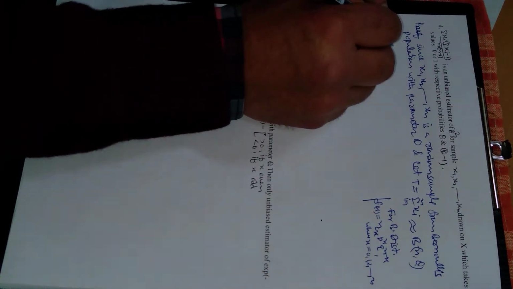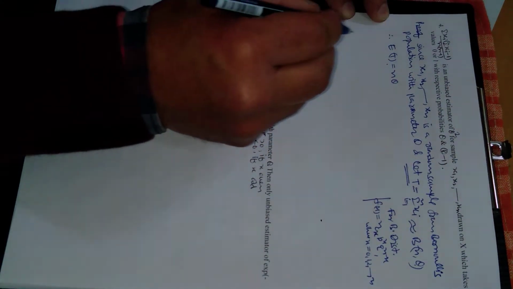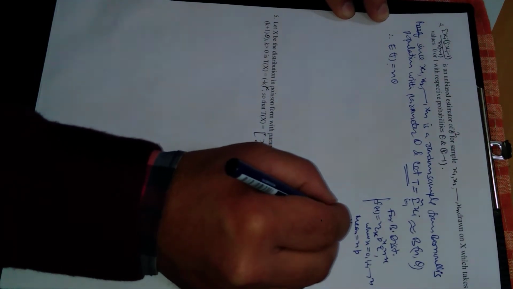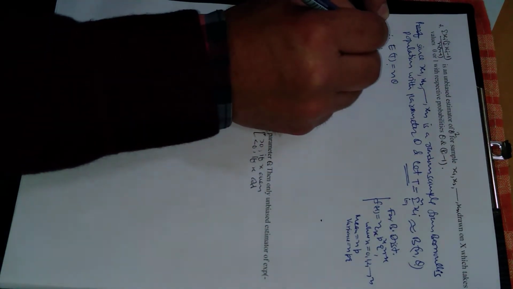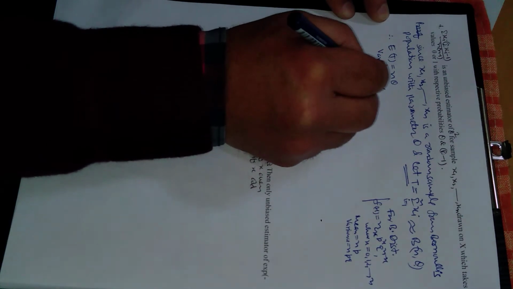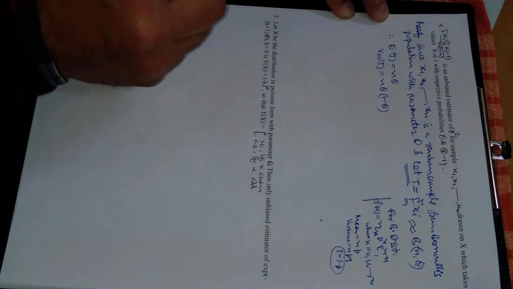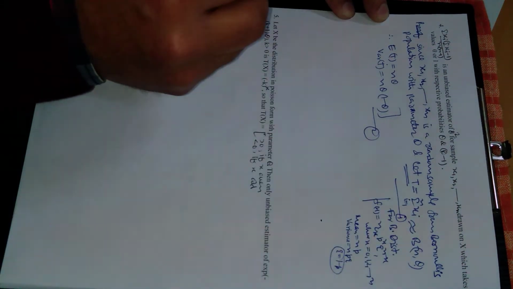So theta will act like probability of a success. So expected value of t will be equal to n theta. N theta is the mean of the binomial distribution. We know mean of binomial distribution is np, and variance of binomial distribution is npq. In place of p we have theta, and variance of t will be n theta into 1 minus theta, because q is 1 minus p, right? This we already know. Let us suppose this to be equation number 2 and this to be equation number 1, right?